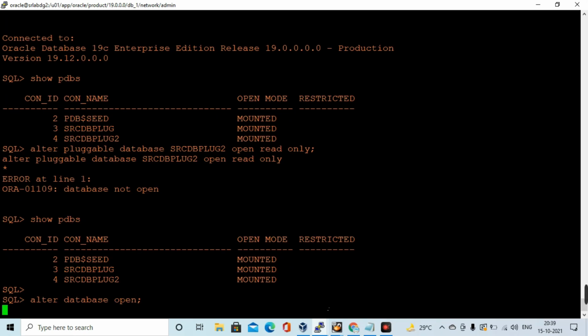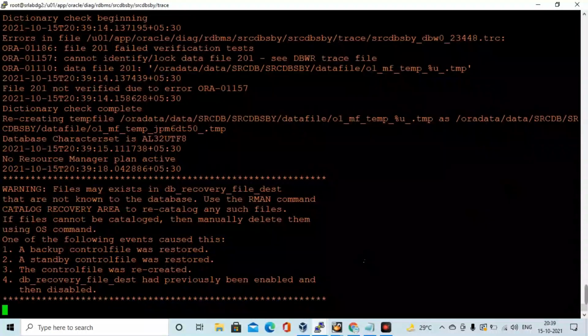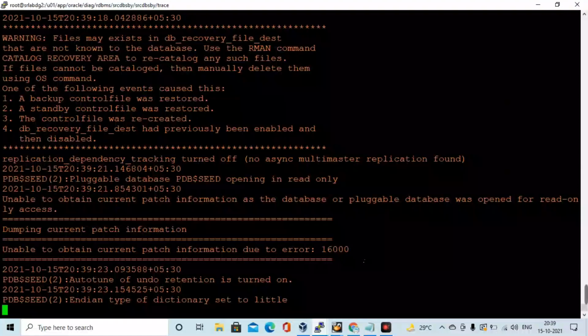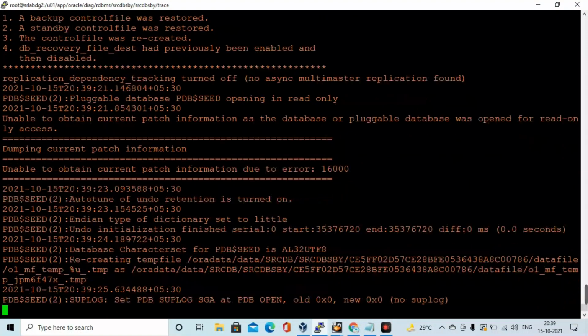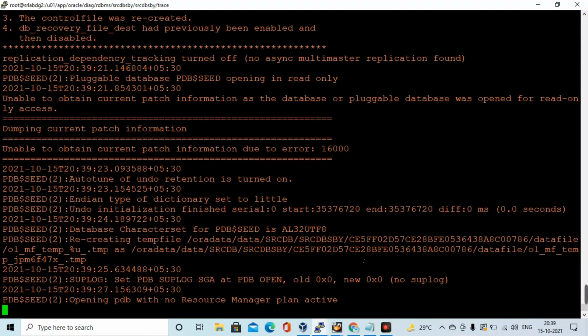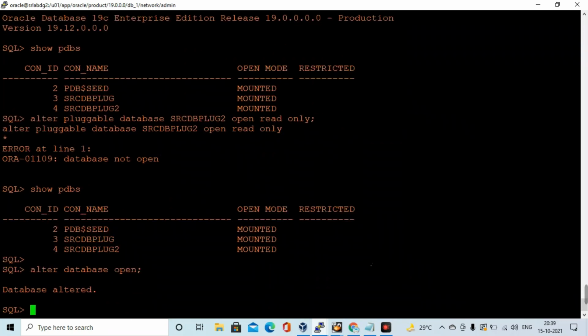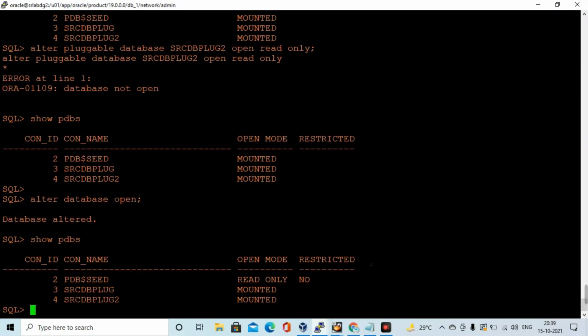When you give this on the standby side, it will always go to read only mode. It won't open read write since it is a standby database. So that's what I am giving, alter database open. No need to mention read only. Okay. So PDBs, yeah, the PDB seed is read only, and which PDB do you want to create the temp file for? srcdb plug 2, right? So alter pluggable database open read only.